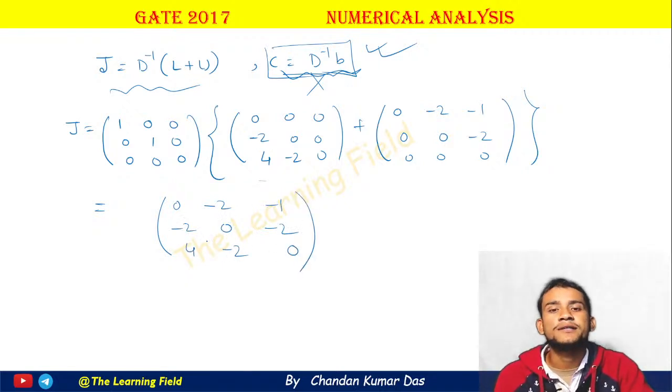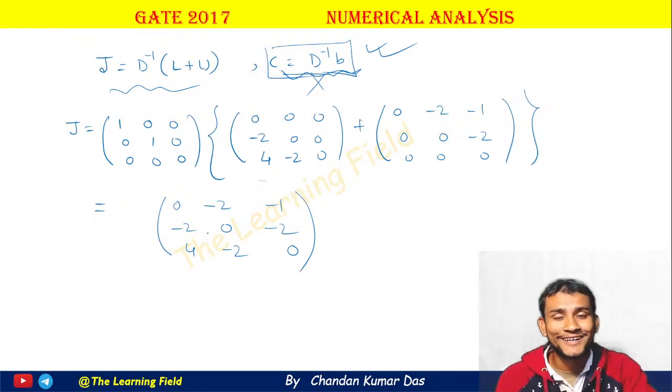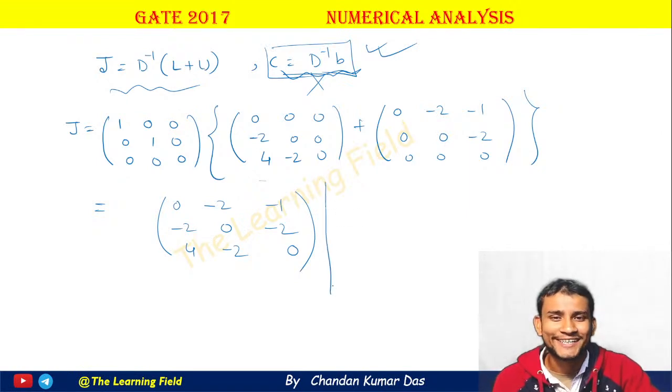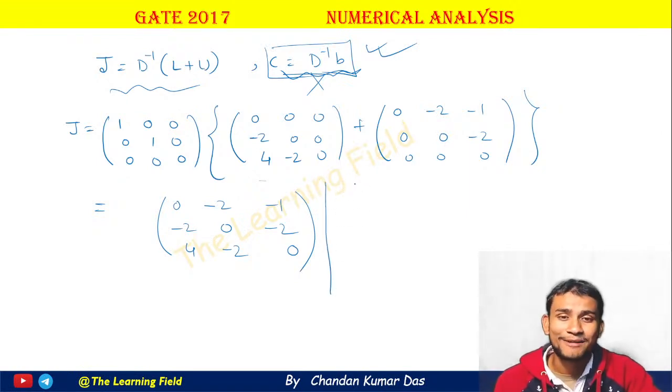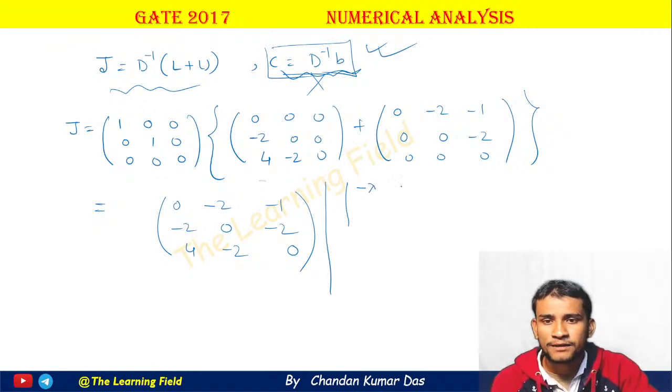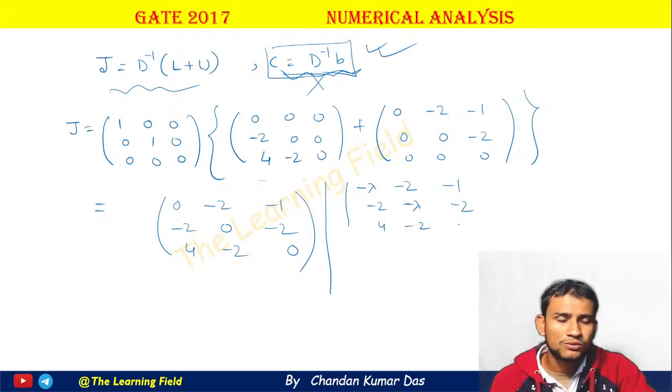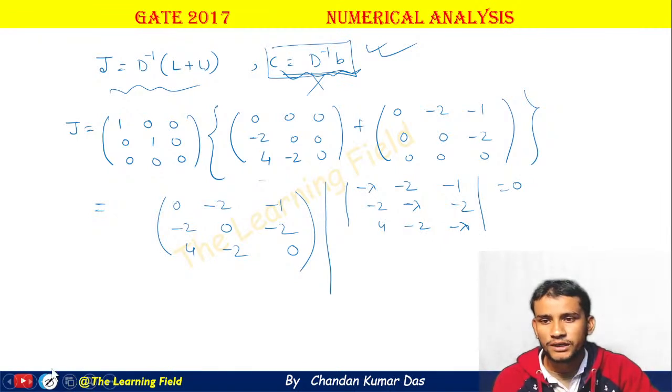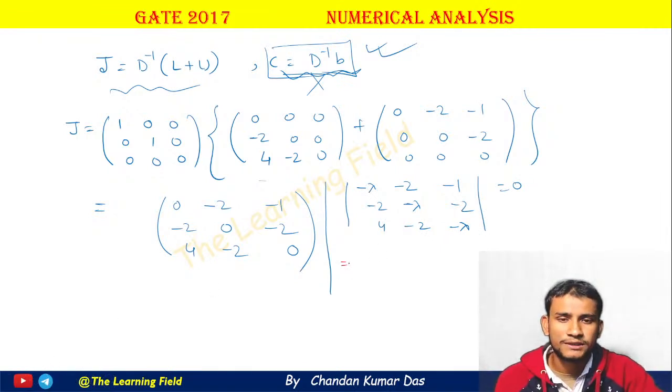So this is the matrix J. Now we have to calculate the eigenvalues of this matrix. This is our work for option A, statement P only. If we calculate the determinant of J minus lambda I, with the entries minus lambda, minus 2, minus 1, minus 2, minus lambda, minus 2, 4, minus 2 and minus lambda, this is equal to 0. Now this implies minus lambda into